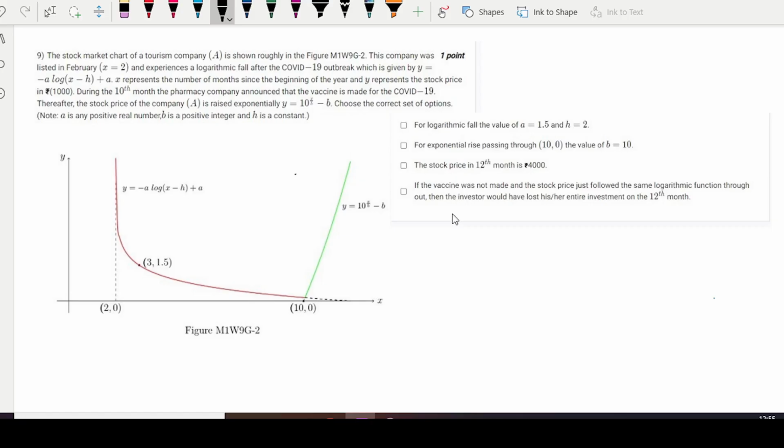First we should understand the given question. The given question is talking about a company which was listed in February, and when the corona pandemic outbreak happened, its share value decreased drastically, and when the COVID vaccine was manufactured, its share price increased rapidly, and how the share prices were decreasing or increasing, its equations are given as